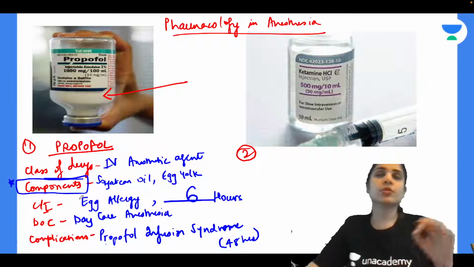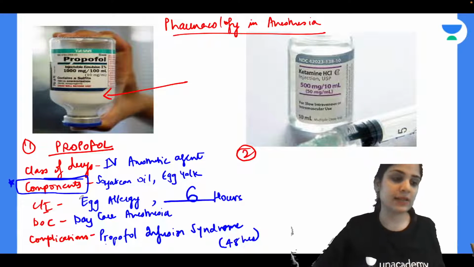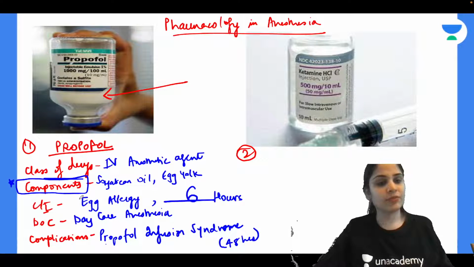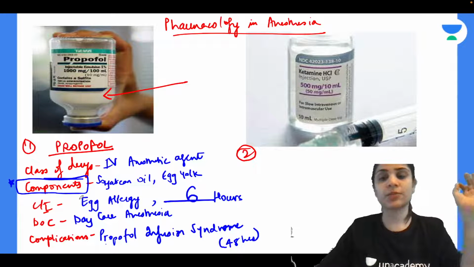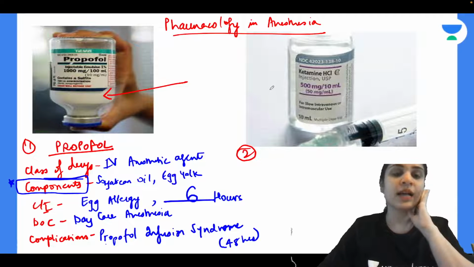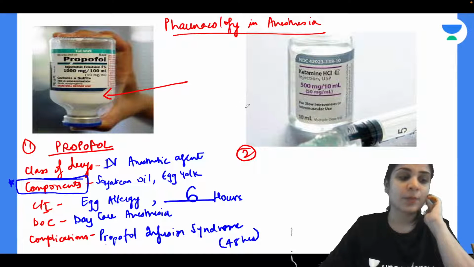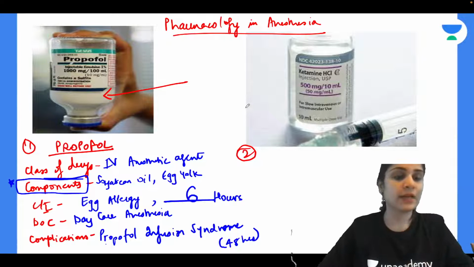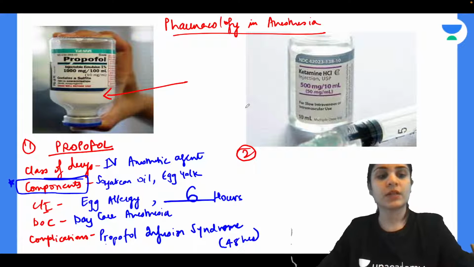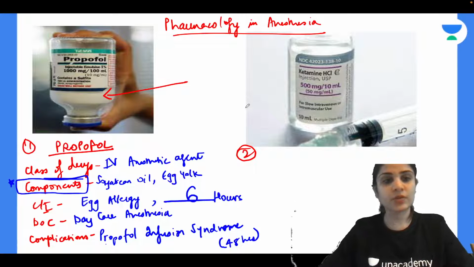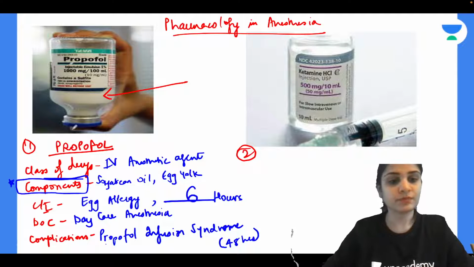Now propofol is the most widely used IV anesthetic agent. So remember in the exam, if there is any question about pharmacology of anesthesia and you are not able to answer, and you are like, I don't know, is it propofol, is it thiopentone, is it etomidate? Just go ahead and mark the answer as propofol, because it is one of the most widely used. If you don't know the answer, propofol is 100% the safest pick.